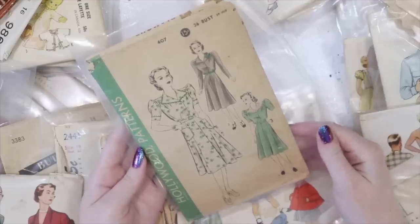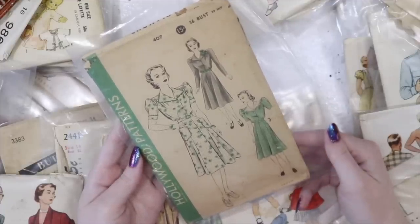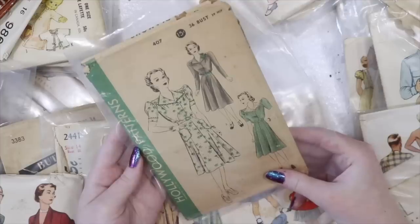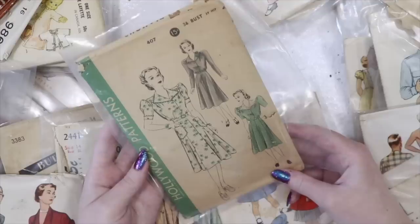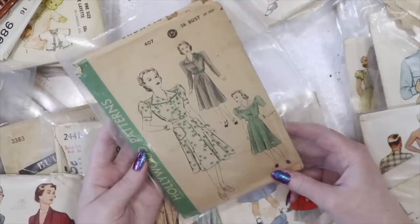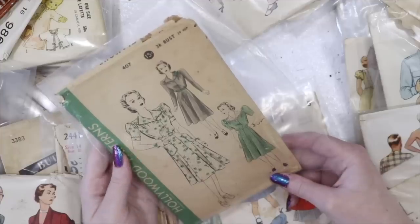This one, it must be earlier, probably from the 30s, because it doesn't have the size listed on it yet, so it's slightly different than some of the other ones we've seen. This is for a 36-inch bust and 39-inch hips, so this is alongside their size 18 patterns. And you've got puffed sleeves and decorative pockets and a gored skirt. I guess you can make it with long sleeves too, and then it's fitted with shirring at the shoulders and